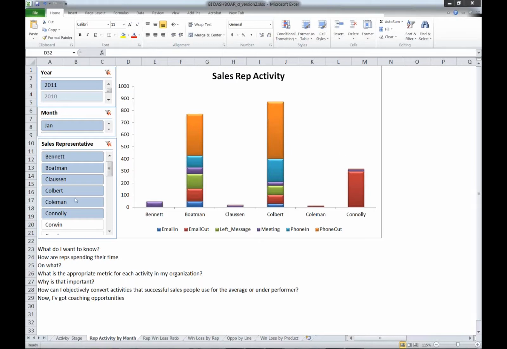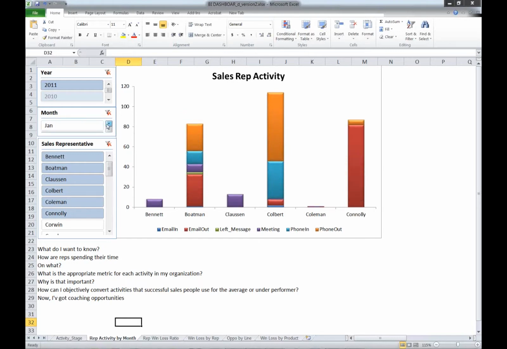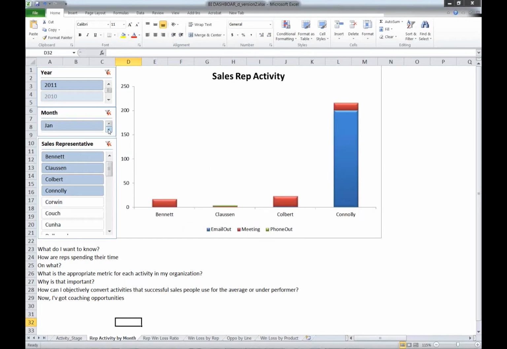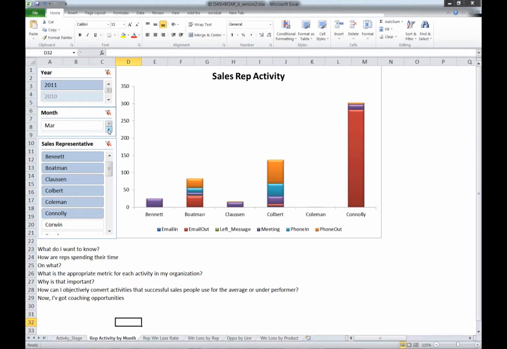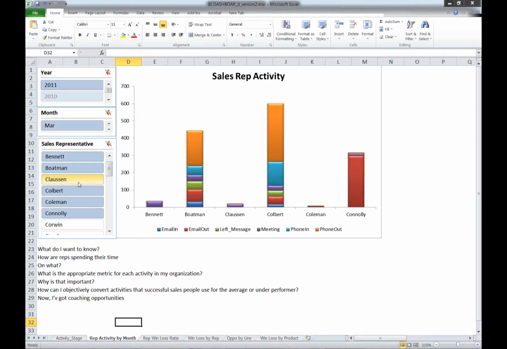One of the other things I'd like to point out about this tool is that it's interactive, and it allows you to filter, for example, by month. If I just want to look at February, if I want to look at January, I can see across my sales over time how we are performing. So one of the beautiful things about this is that it's live, it's dynamic, it's real time, and it enables me to actually make those